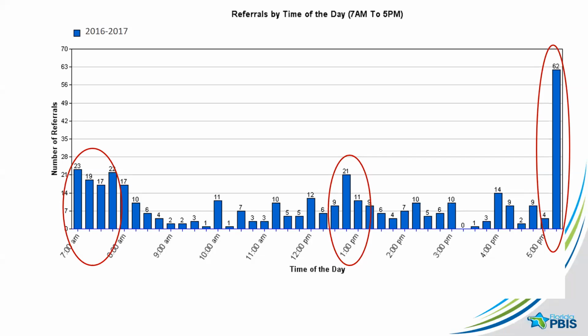Another pattern we could look at are times of the day. Now, sometimes times of the day certainly jump out as places that we could look to intervene. Sometimes though, depending on the type of school, for example, secondary, it might be a little bit messier. But when patterns jump up, it gives us a place to start asking some further questions. So what is it about our morning time when students are arriving on campus, or during lunch, or maybe after school programs or dismissal, that might be causing students to engage in more disruptive behaviors?